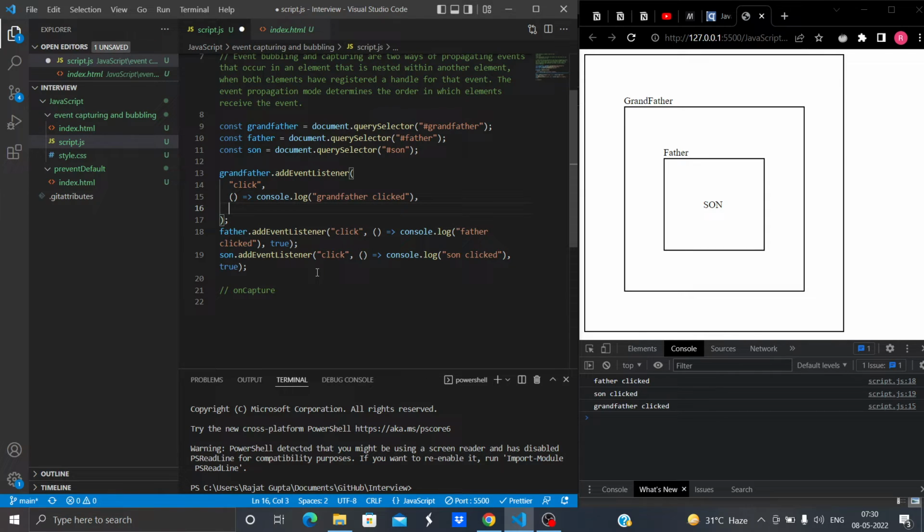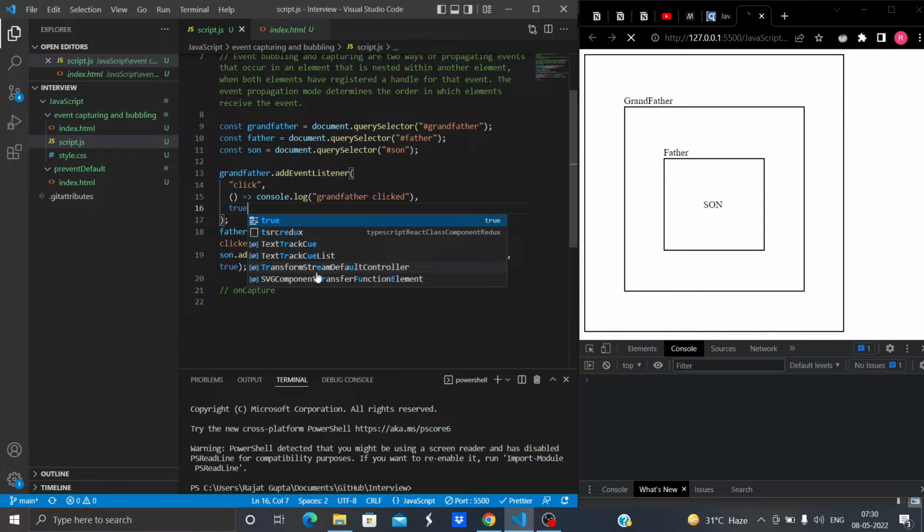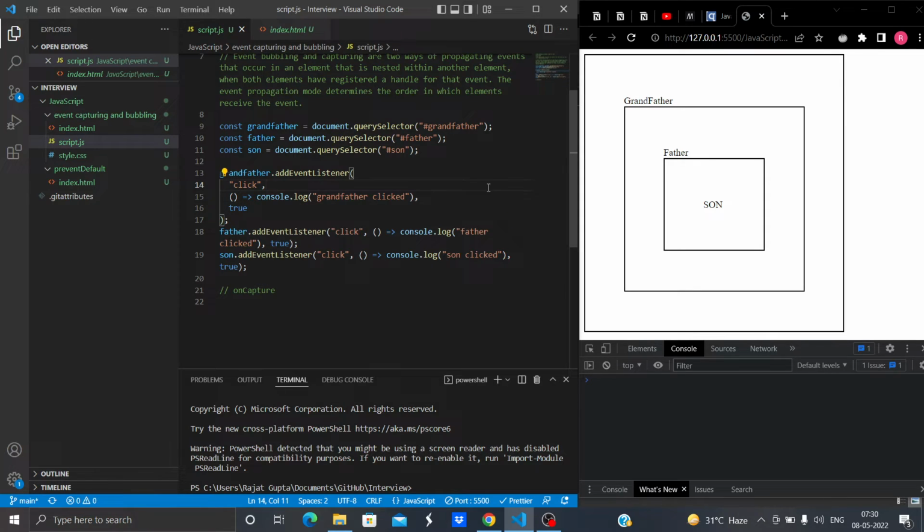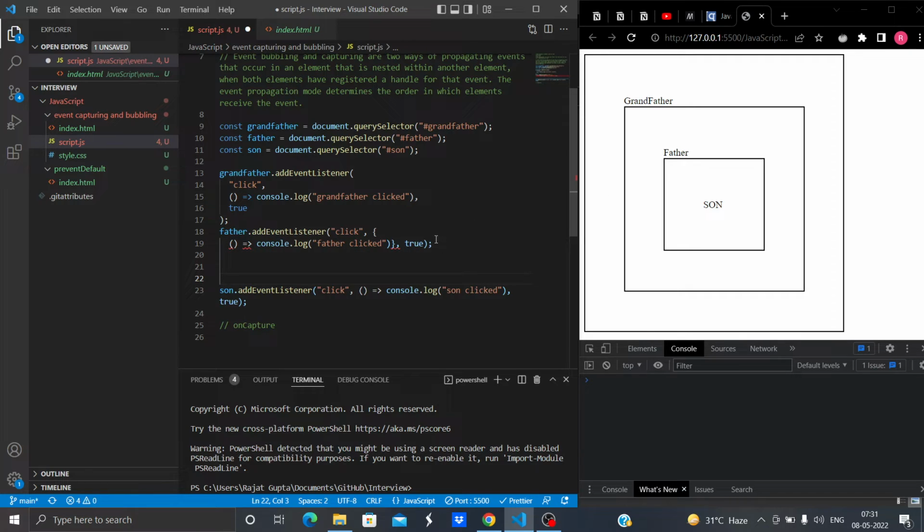Let's set it to true, so that capturing will be in the picture. So see this father.